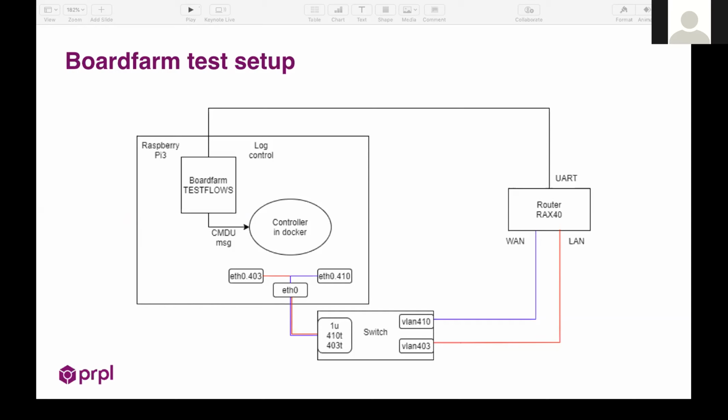The Raspberry Pi has just one Ethernet interface in hardware, and we have used virtual networks via our switch for dividing the WAN and the local area network, LAN. So the main idea of this setup is to start the controller in Docker